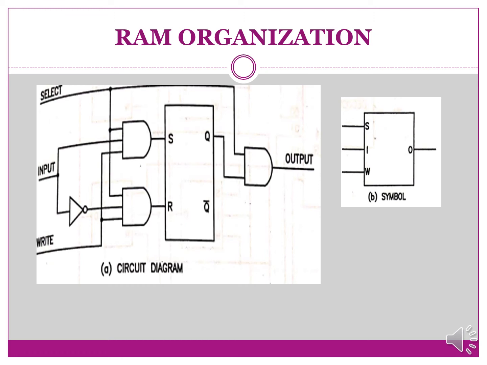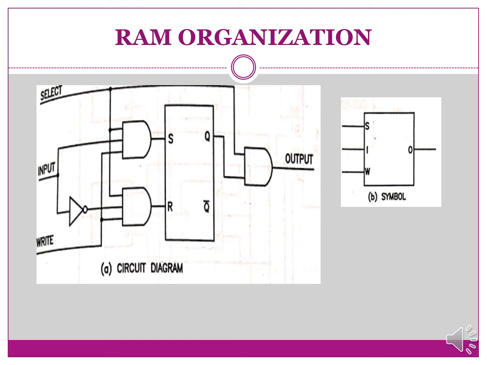Now let's see RAM organization. As we have studied, RAM means random access memory. Here we are given a circuit diagram, or we can say that we are preparing a logical diagram of RAM organization using SR flip-flop, AND gate and NOT gate. Here we are using 4 different pins.